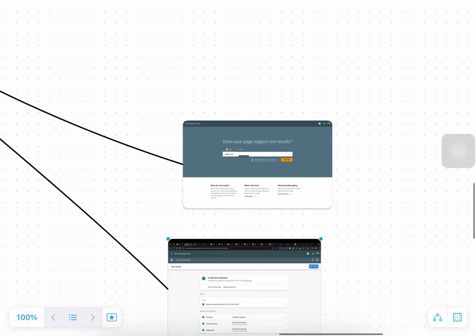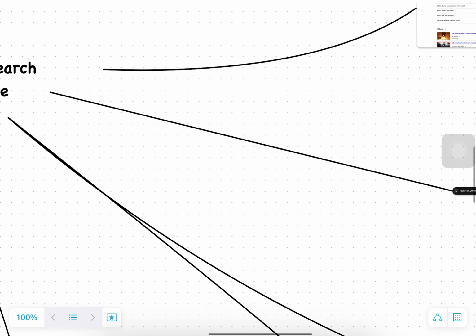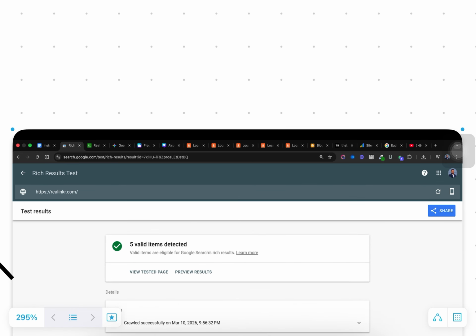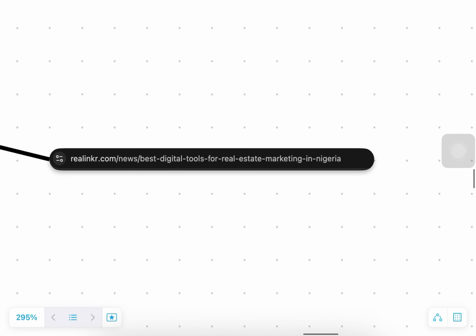So the next thing which is also important is your URL structure. Now, the URL structure, if you're using content management systems like WordPress, this is already a fixed bit. This is already clean, already sorted out. But if you're building it yourself, if you're hiring a developer to build from scratch, then at all costs,